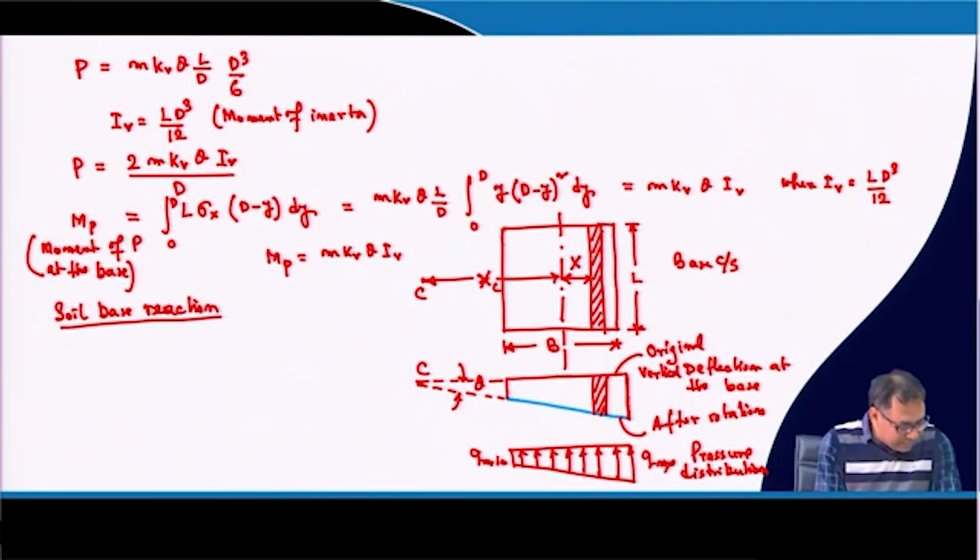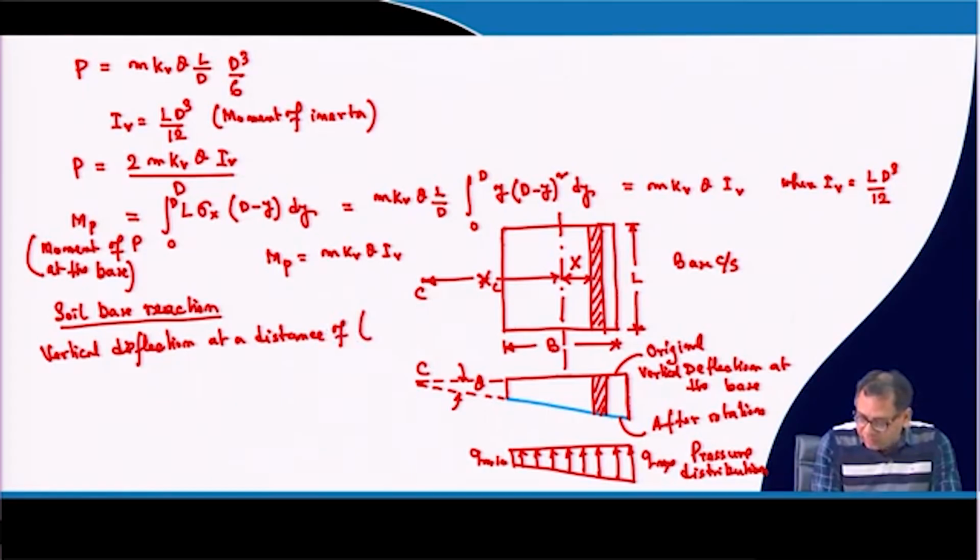So the vertical deflection at a distance of x c plus x from the center, from the point of rotation,